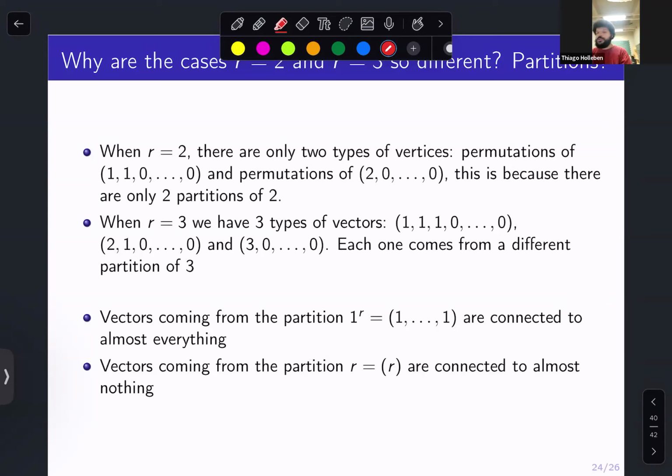And what happens is when R is equal to 2, these are the only 2 partitions. So in some sense, this is why we have all of these nice results. Their results for R equal to 2, they were able to generalize to any power, to get upper bounds for any power. And the idea is because you only have 2 types of partitions. When you increase R, you have more types of partitions. And basically, the more types of partitions, the more complicated the situation is, because you have to test more things.